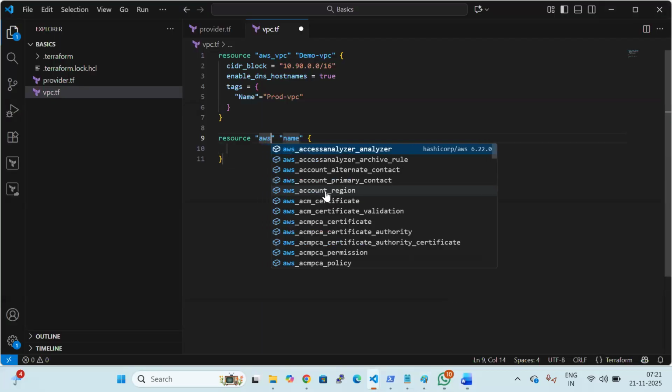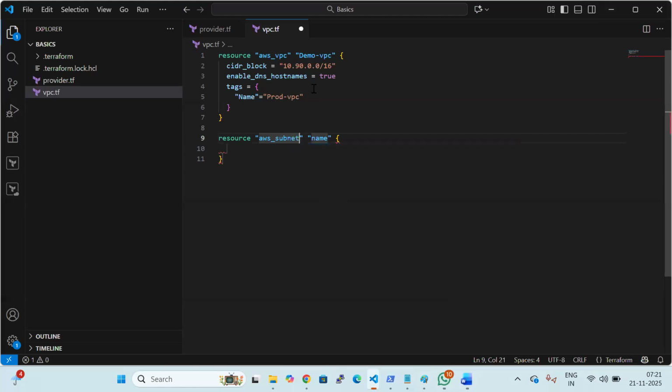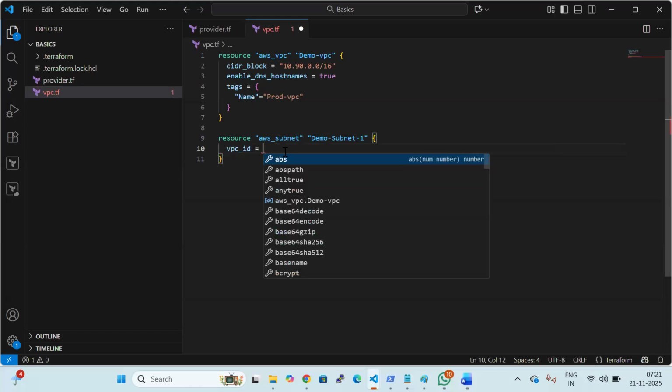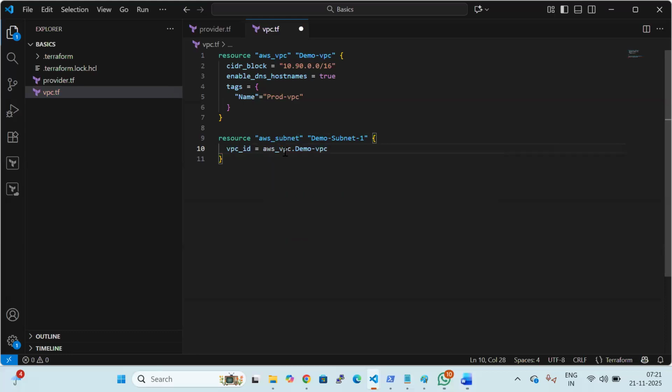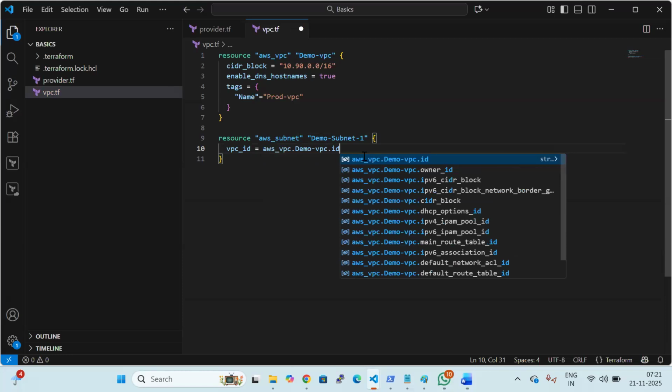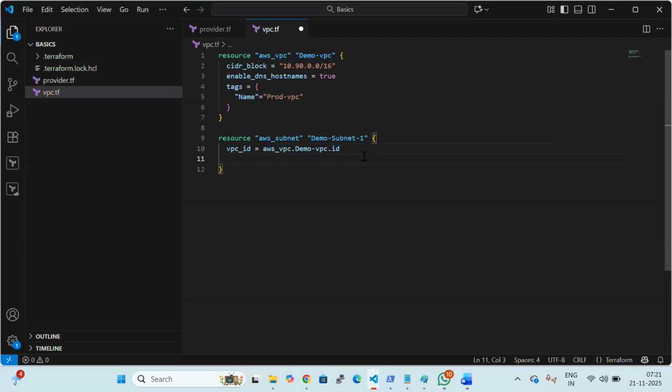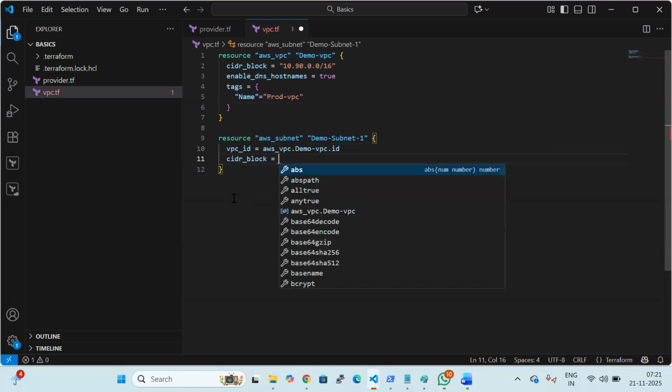What is the resource that I want to create? AWS underscore subnet. This is the resource which I want to create, and the subnet name is demo hyphen subnet hyphen 1. And in which VPC do we want to create this? VPC ID is equal to aws_vpc.demo_vpc.id. Okay, inside this VPC, I want to create the subnet. And the next one is, what is the CIDR block? CIDR block is equal to